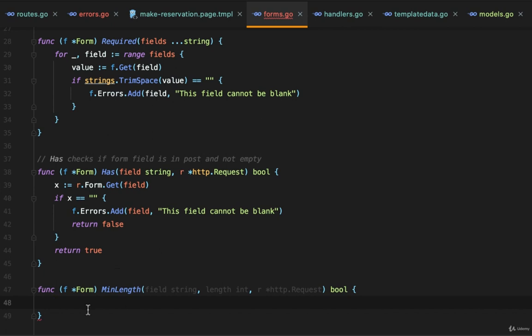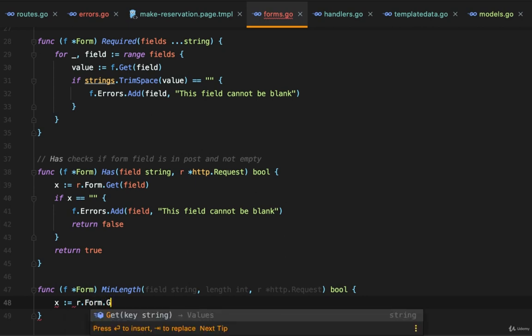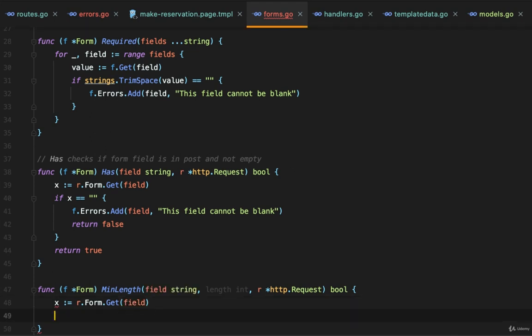So, how do we do this? Well, X is assigned r.form.get, whatever your field name is. So that gets us a string. And then we just check to see if it's long enough. If len of X is less than length,